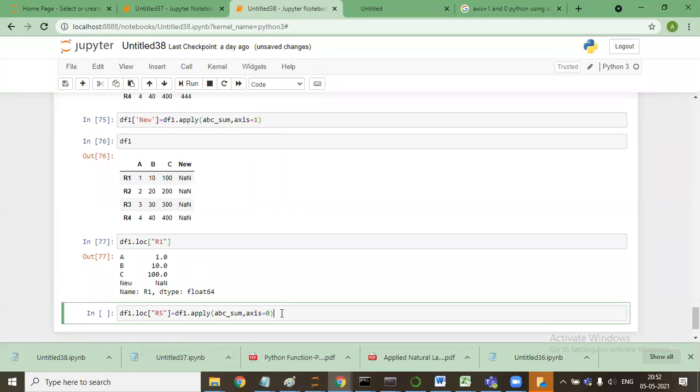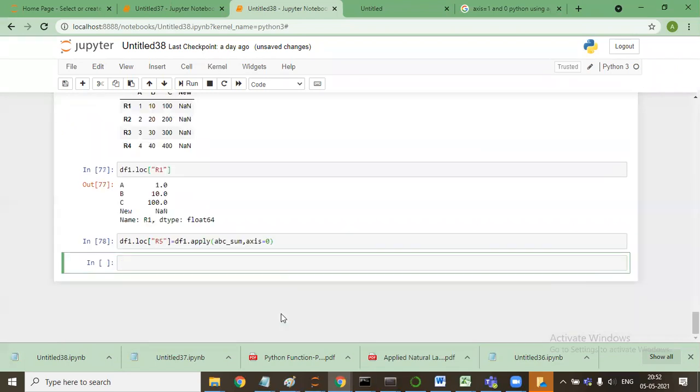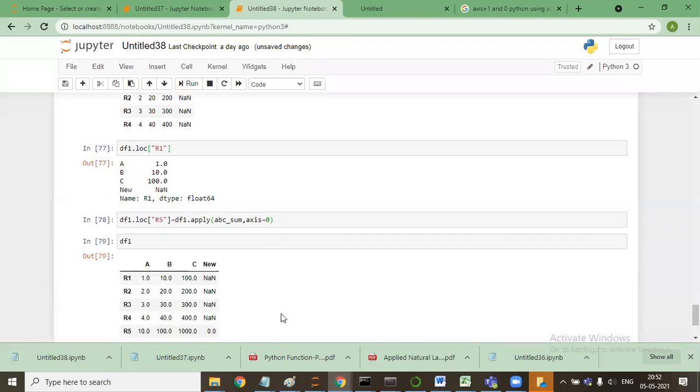I say 0. Now if I press shift enter and say df1, it will be the sum of the columns which I've got here.